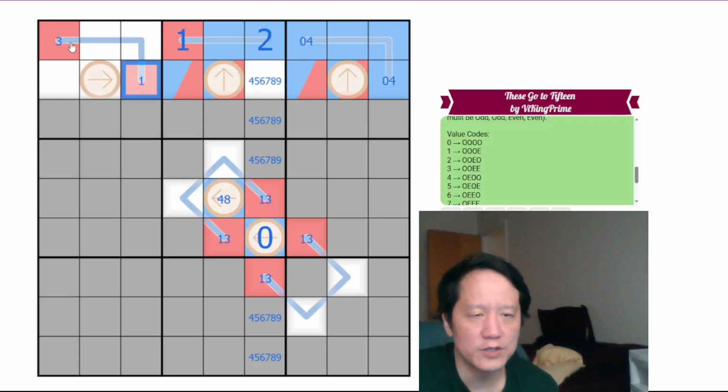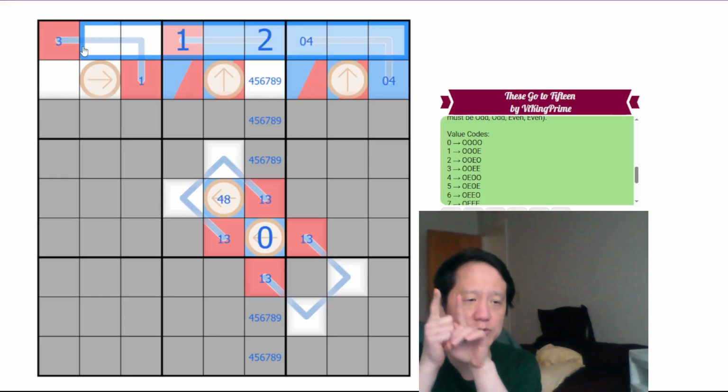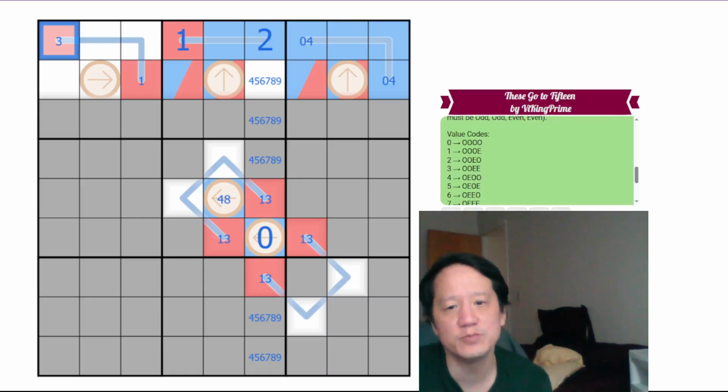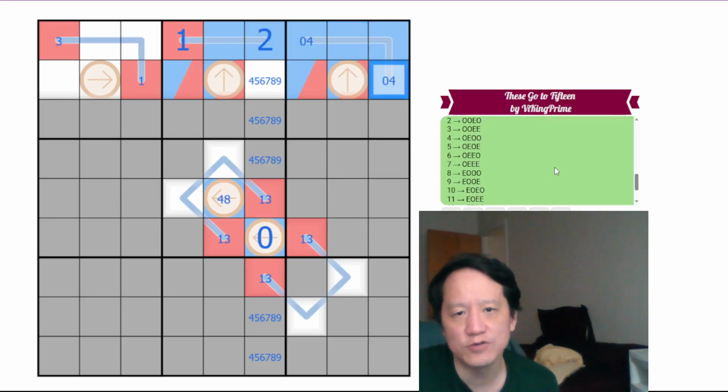But technically, this could be... So this is 3 odds. We know in row 1, the Schrodinger is 2 odds adding up to an even. So this can't be Schrodinger. This can't be Schrodinger either. So what happens if this is 0, 4? If this is 0, 4,